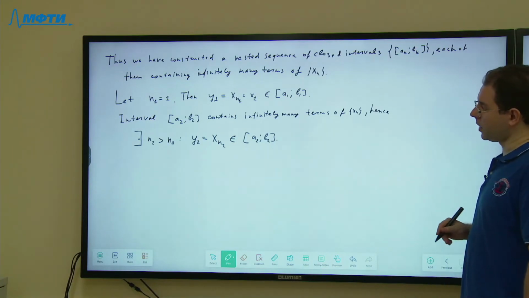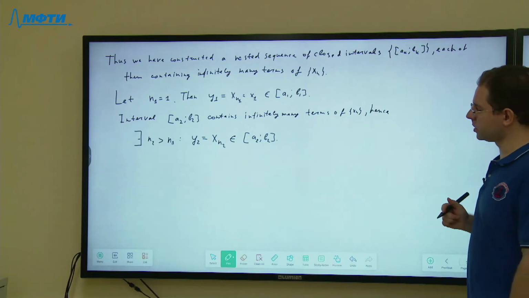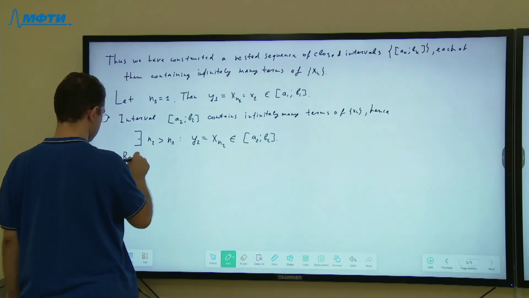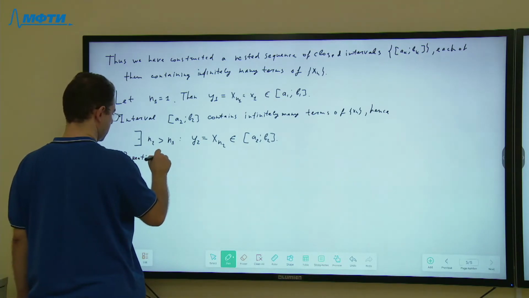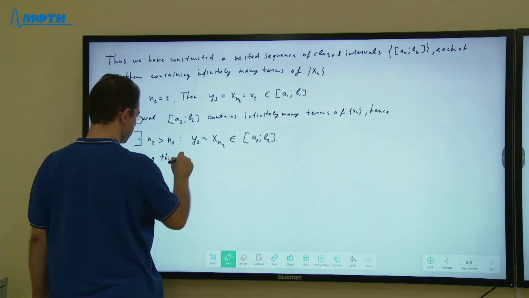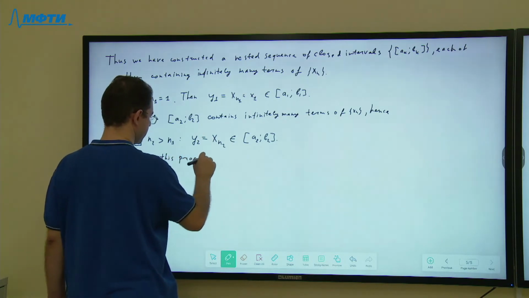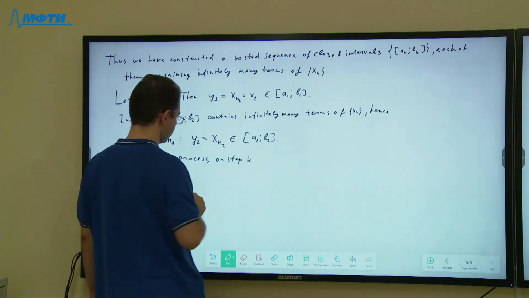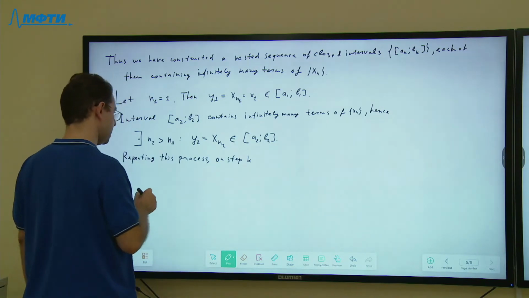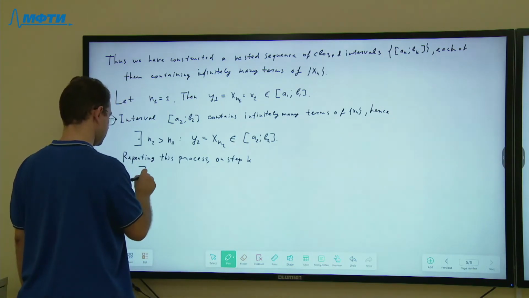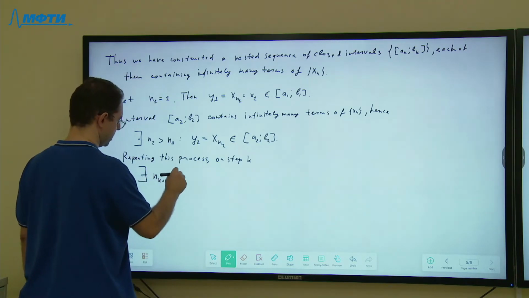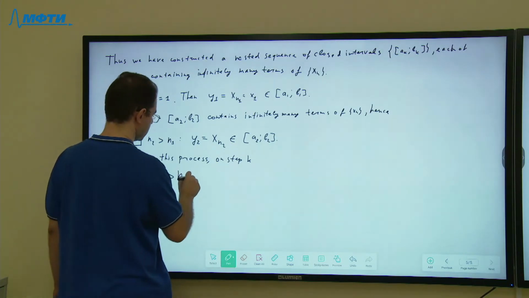Okay, and then as you can imagine, I'm going to repeat this process. On step k, I say that there exists a number n k plus 1 which is greater than nk, such that